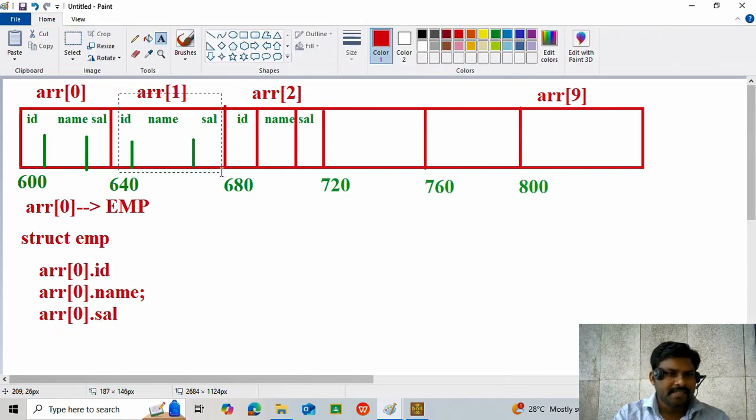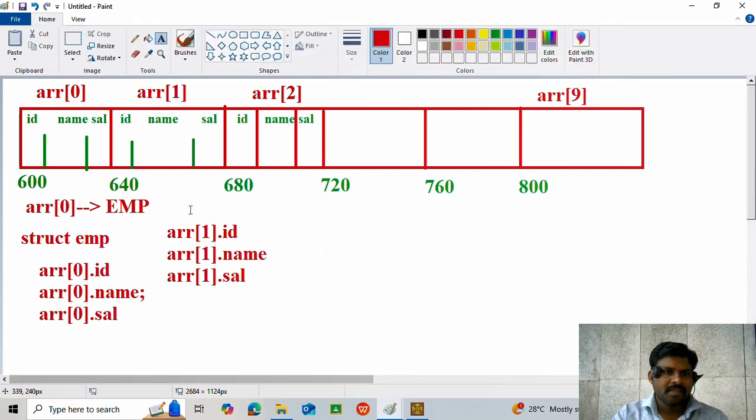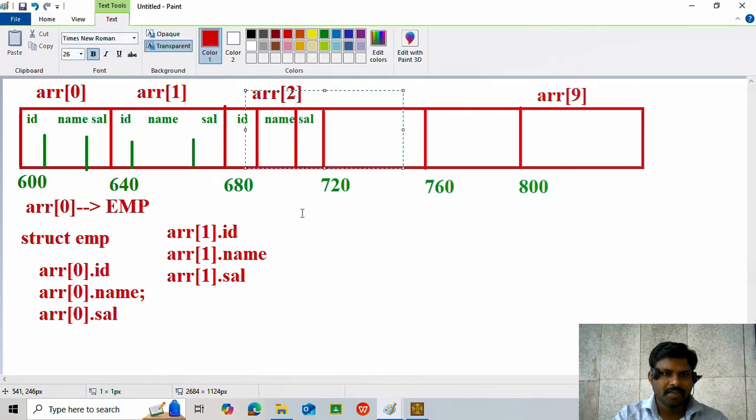Next, how to access these elements? arr[1].id, arr[1].name, arr[1].salary. Next one is arr[2].id, arr[2].name, arr[2].salary,